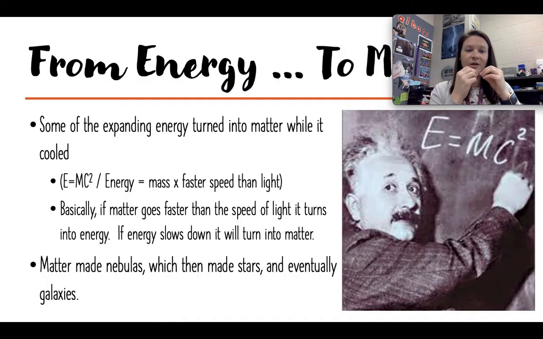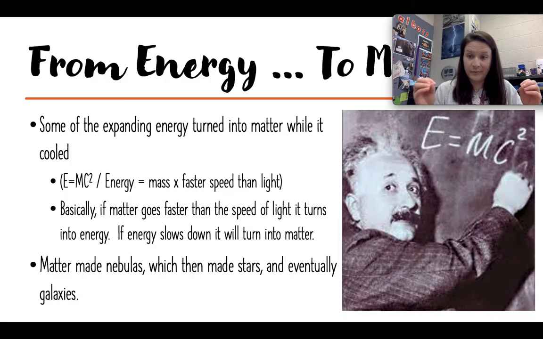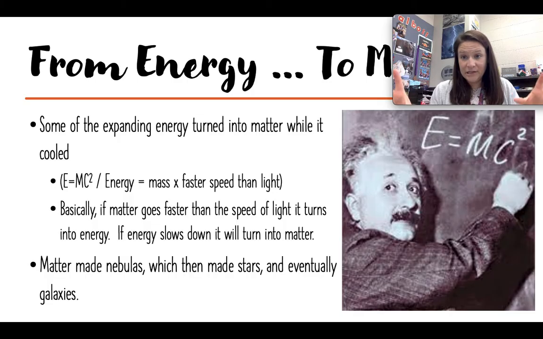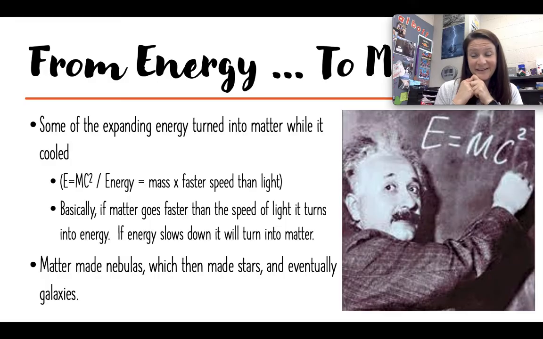Basically, if you can move matter, something with substance like us, faster than the speed of light, under Einstein's theory, we would turn into energy. We would completely go away and just be energy. And if you slow energy down, it turns into matter. I know that sounds a bit nutty, but that is Einstein's E equals mc squared. So under the Big Bang Theory, and we know this is true, we can duplicate this in the lab,